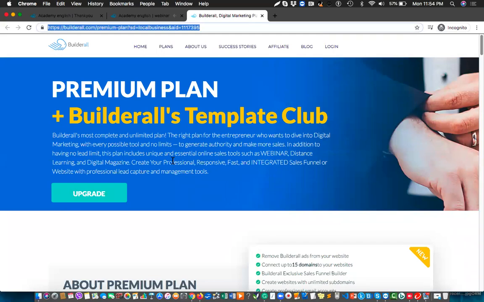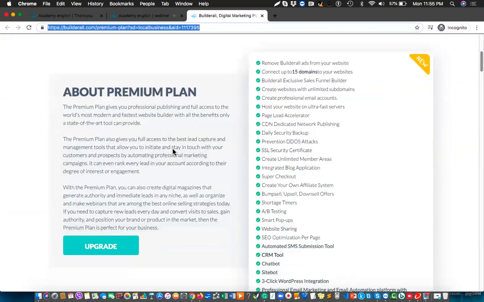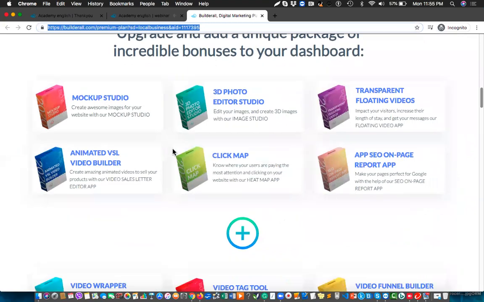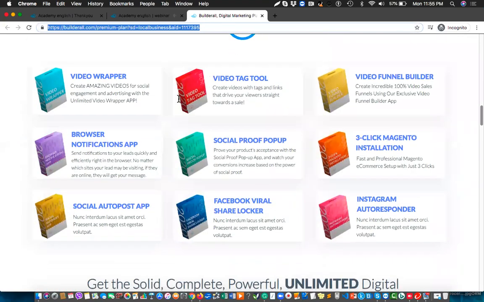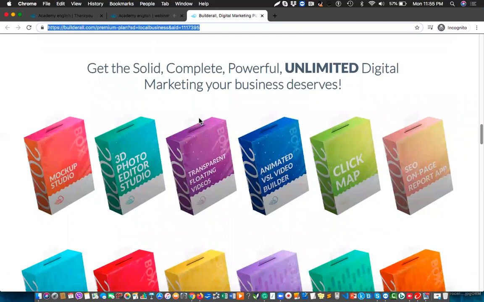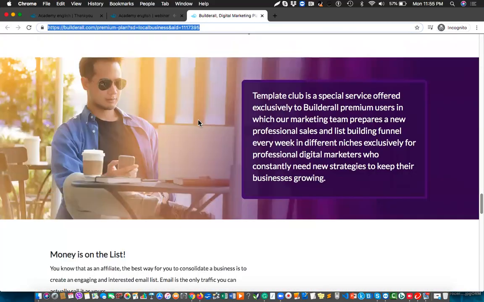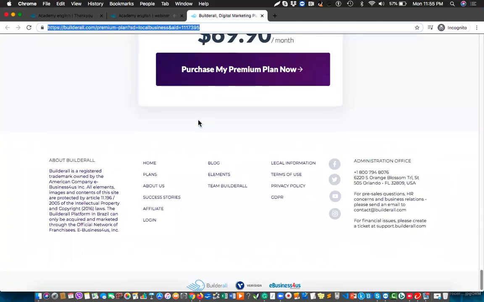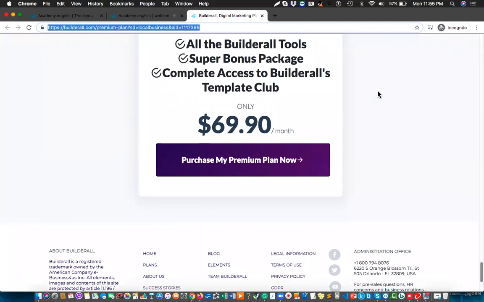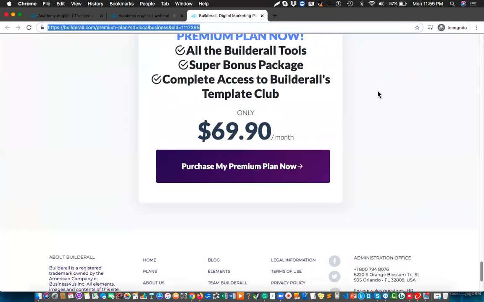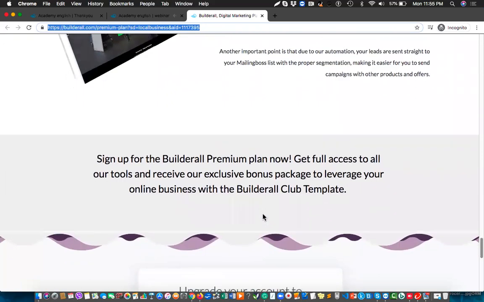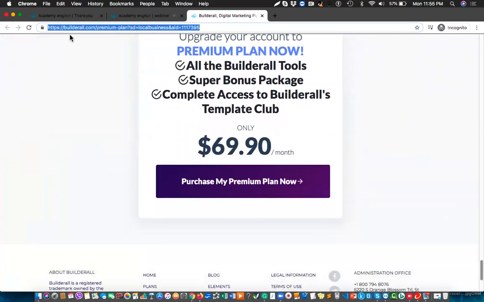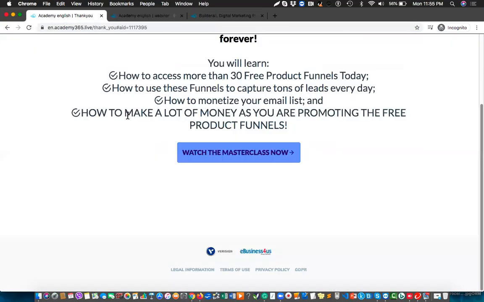About premium plan, Bill Rolls, template club, and upgrade add unique package of incredible bonus, mockup studio, blah blah blah. Then if the person scrolls down, are you seeing the power and potential in this? Yes. If this person gets to upgrade, purchase my premium plan now, you're going to get a $62 commission. Okay, so what you have to do is you just have to send traffic to this particular landing page, right? And just say like